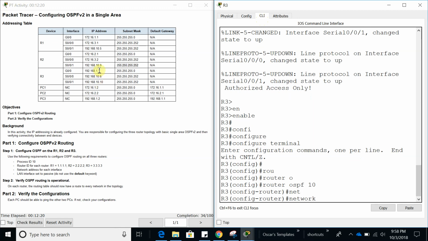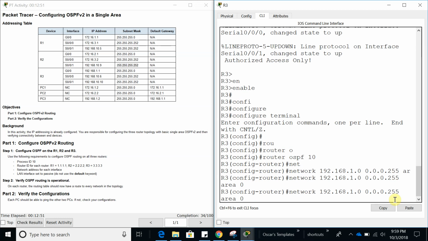The first one that we need to add is 192.168.1.0, not the subnet mask, but the wildcard mask is 0.0.0.255. The area 0. Let's add the next one, which is the